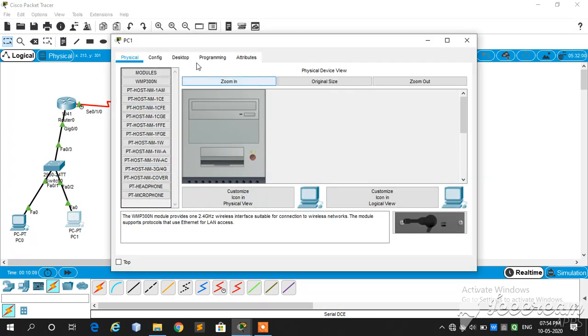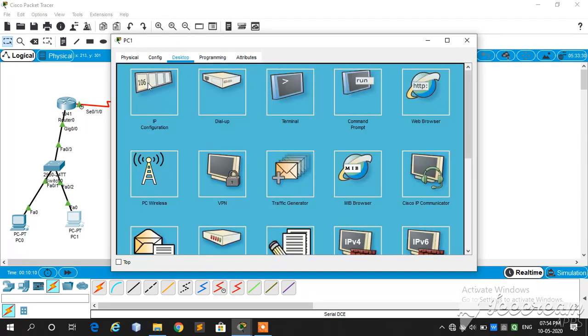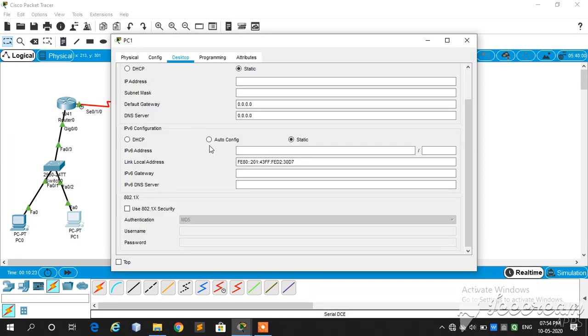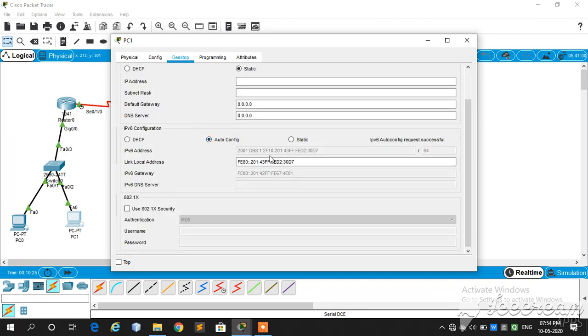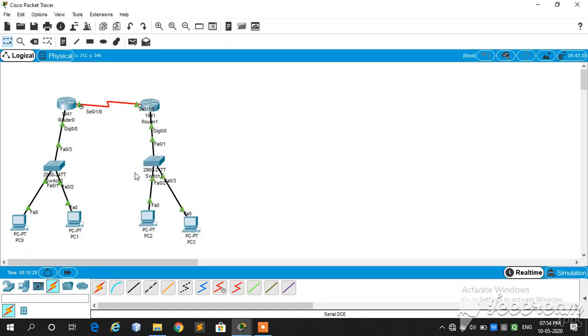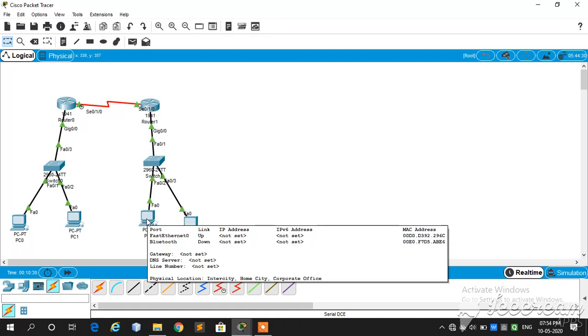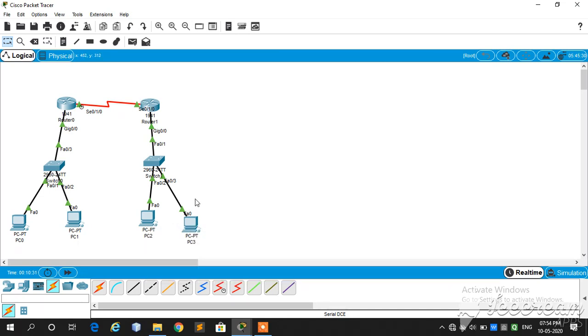Same for the other PC. This PC also belongs to the network of 2F10 subnet, so it will also have an IP of the 2F10 network. Same for this network, that is of network 2F30 subnet.